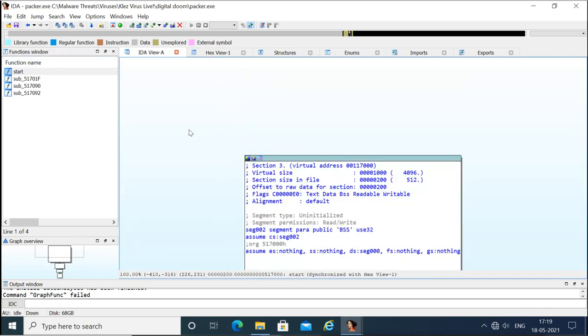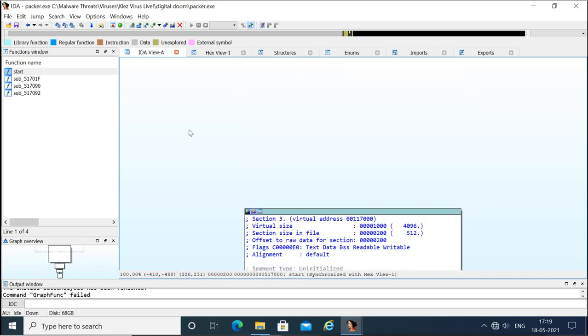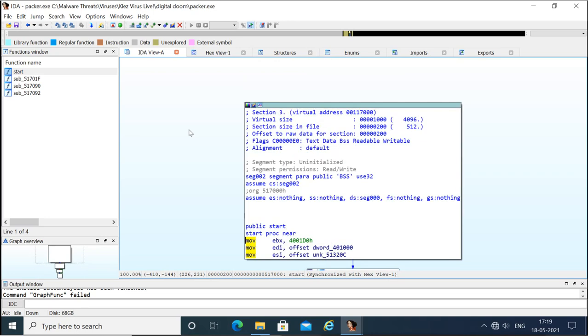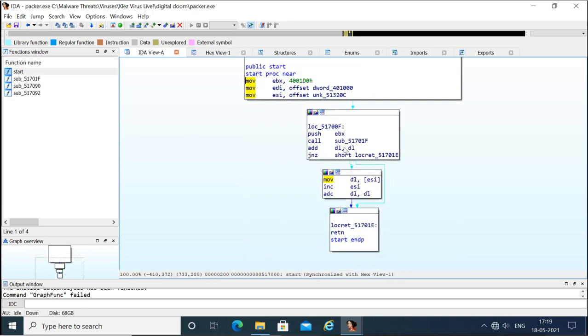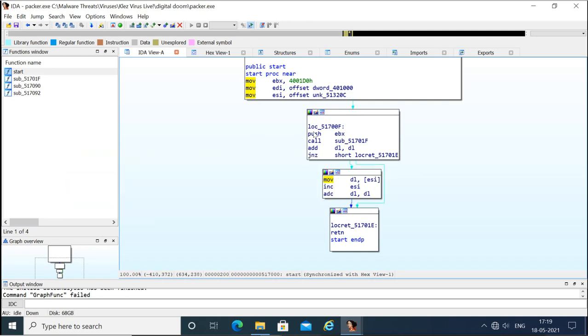So here you can analyze the malware, how it is going to work. You can analyze the code and functions, how it is going to start, what it is doing here, what function it is executing, and where it is jumping. So you can check all these things. Then this is static analysis. It is static analysis, that means the virus is not running here. We are just seeing the code of the virus.